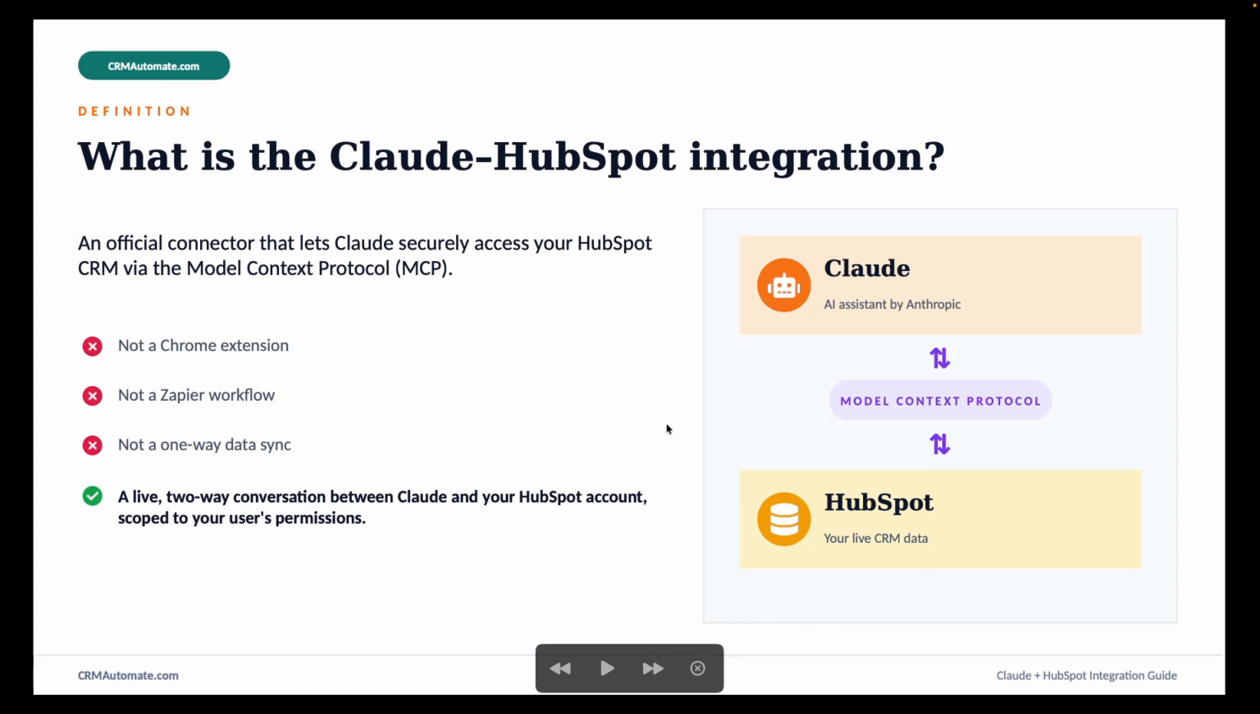So, what exactly is the Claude and HubSpot integration? Maybe some of you have already tried it, or maybe you've just started, and that's why you're exploring here. This is basically an official connector that lets Claude securely access your HubSpot CRM via MCP. So it's not a Chrome extension, it's not a Zapier workflow, it's not even a one-way data sync. It's a live two-way conversation between Claude and your HubSpot CRM account, which is scoped to your user's